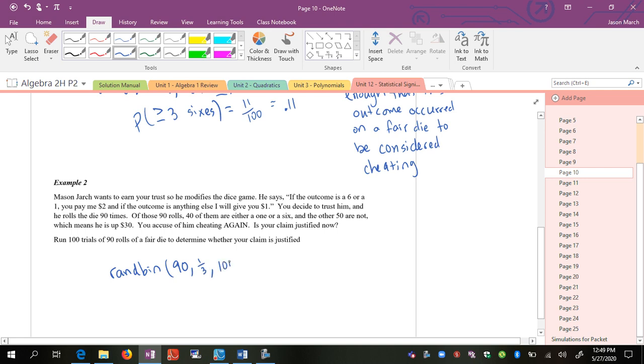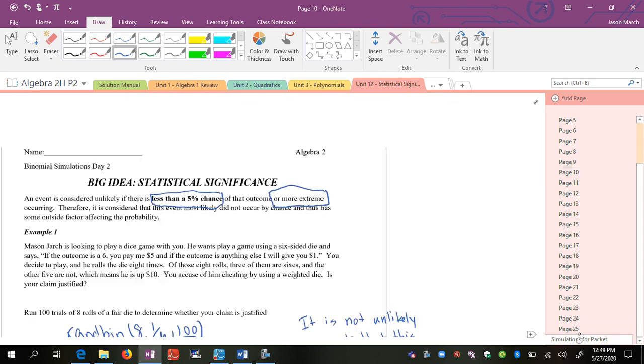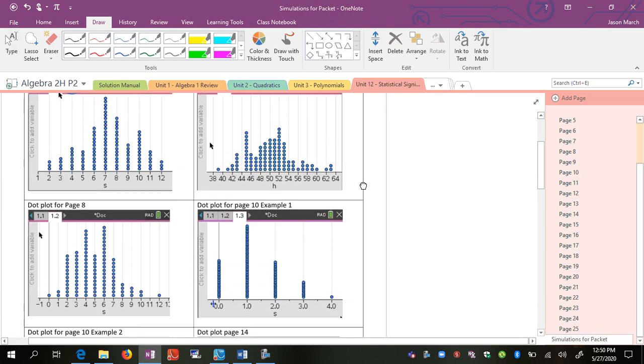And again, we're going to simulate it 100 times. It's always our go-to so that we get a nice clean decimal as our answer. So again, you can go to the simulations for the packet, which maybe I'll do for this one. If we go to page 10, example 2, you can see